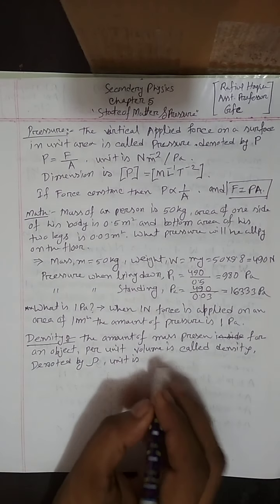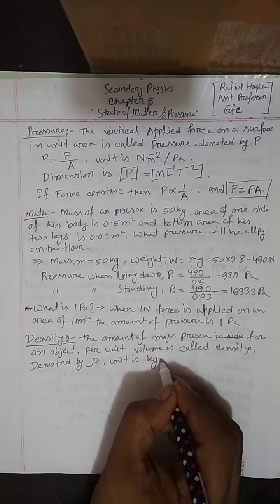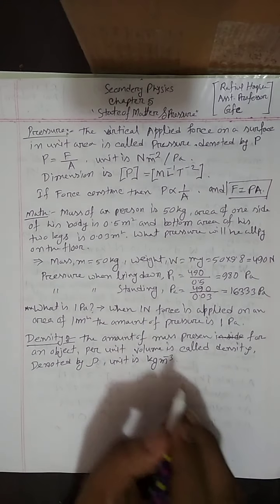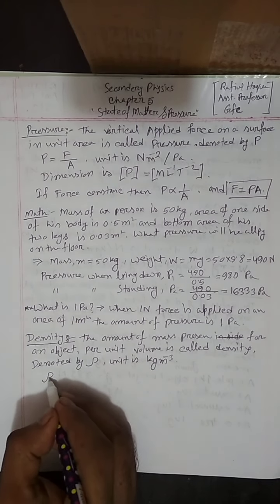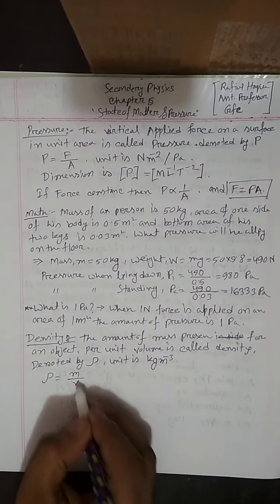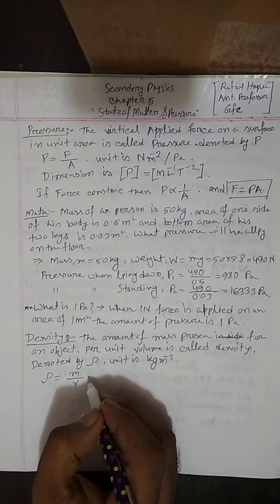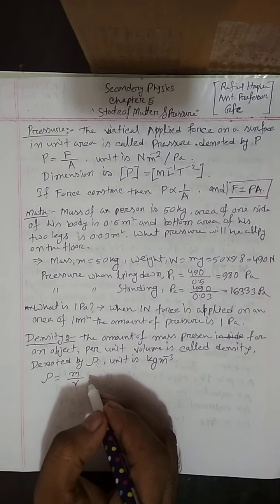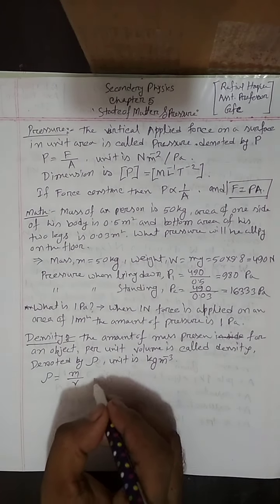Unit is kg per meter cube. So rho equals m by v. Dimension is